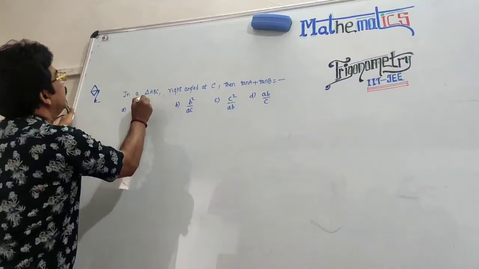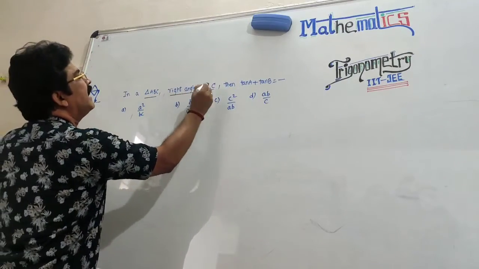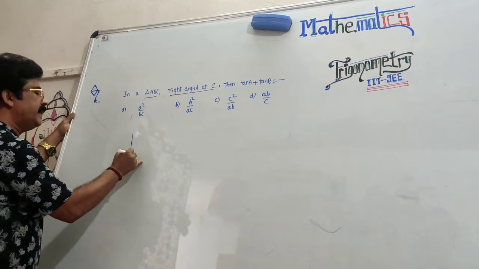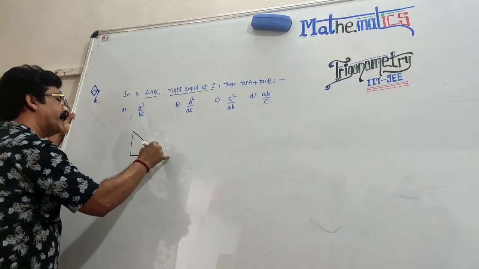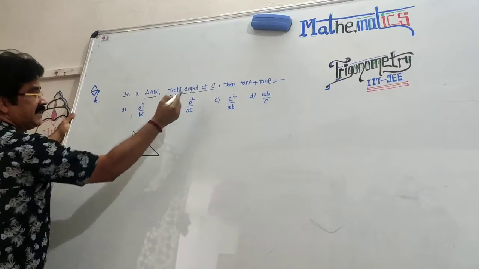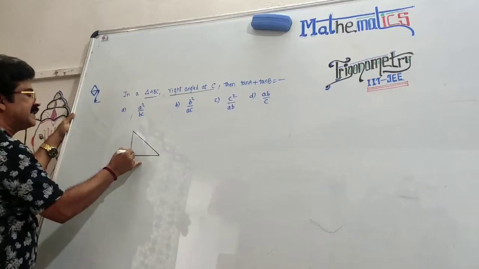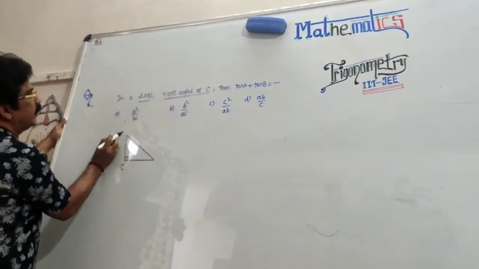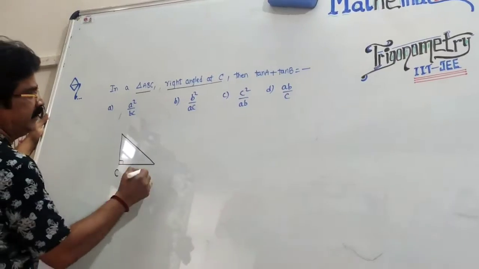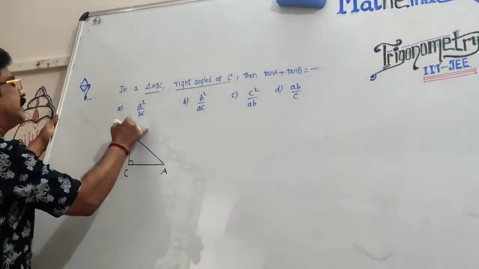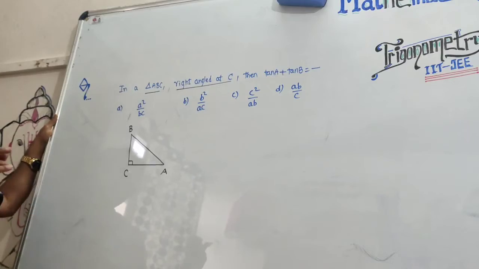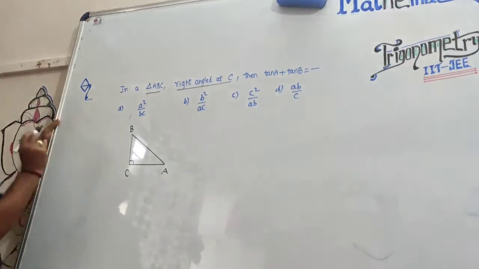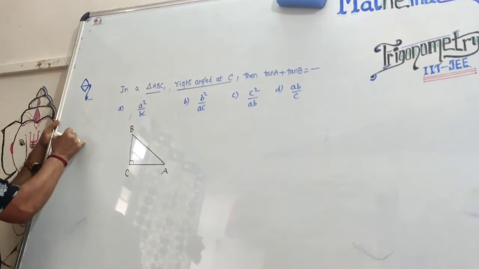Answer. In a triangle ABC, right angle at capital C. Okay, first draw the right angle triangle like that. Right angle at C means angle C is 90 degrees. Okay, the remaining is your choice. You can put the capital A here or there. It is your choice. For example, this is capital A, this is capital B. Actually, in triangle ABC,